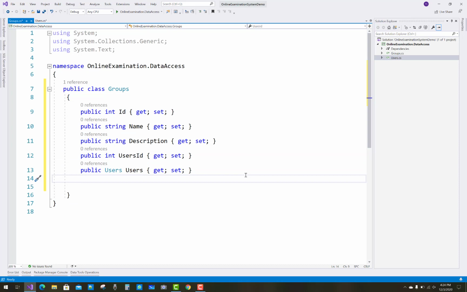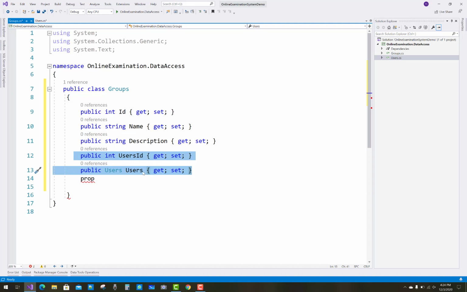A group has multiple exams, and a class has multiple students. So a class has a single user ID. You can say that is the thing you can do, CreatedBy, okay, that is, the class is created by that single user.